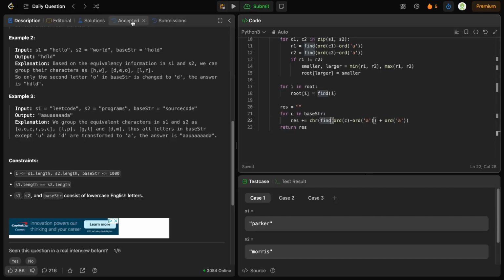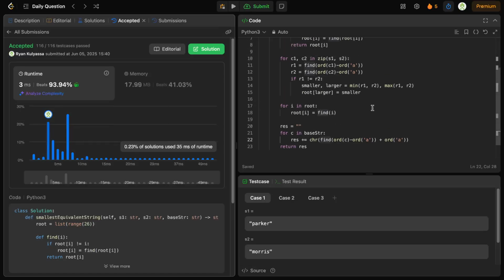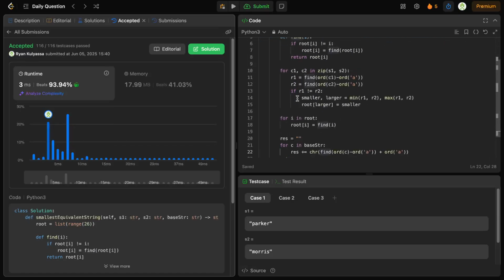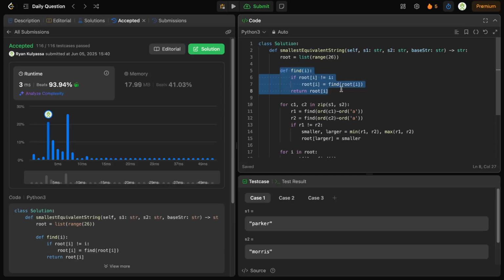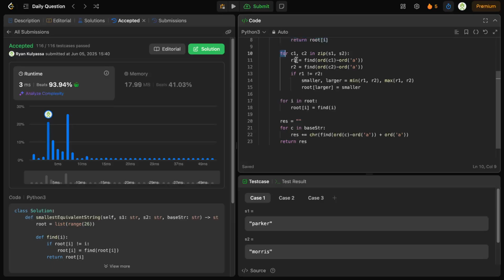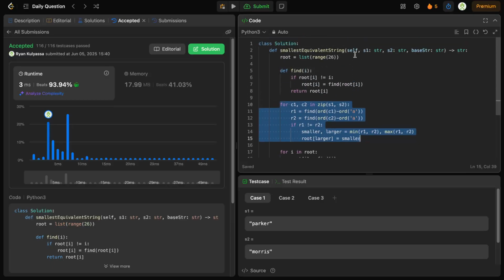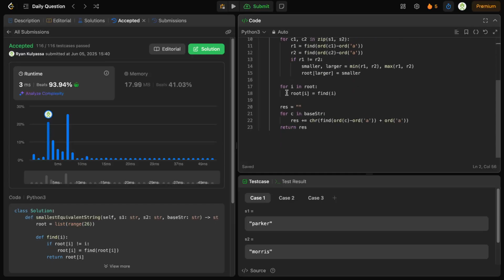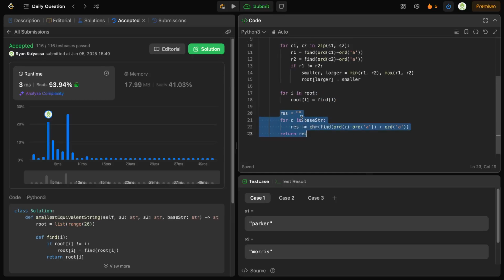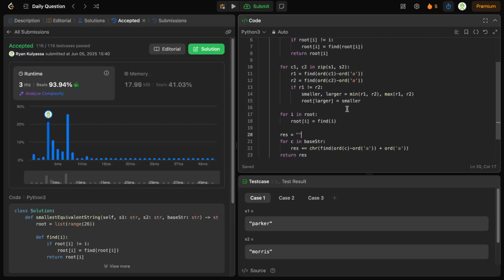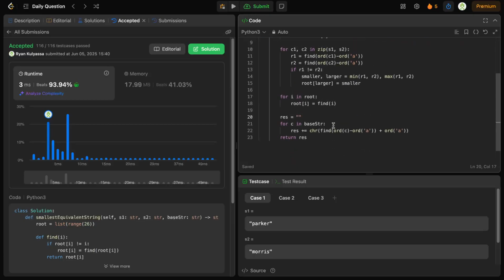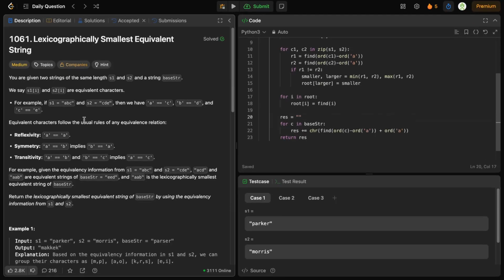So it's pretty efficient. In terms of time complexity, like I said, find is going to be O(1) amortized. This here is going to be O(n), where n is the size of this input string, which these two are the same length. This is going to be O(26), and then this is going to be O(M), where M is the size of the base string. So overall, you're basically looking at O(N + M), which is pretty much the best you can do for this problem. So yeah,